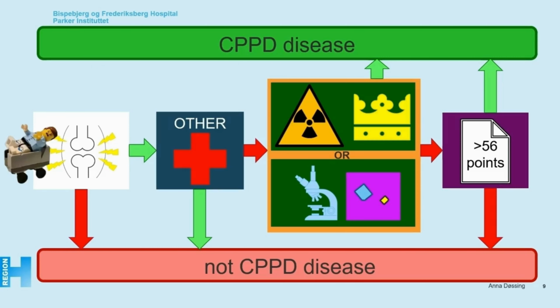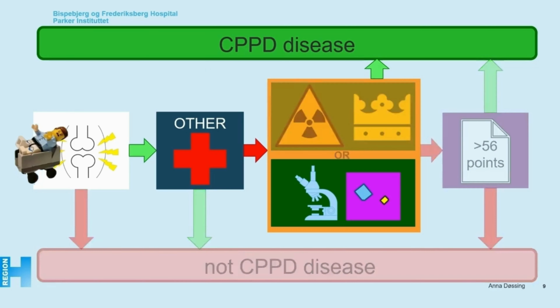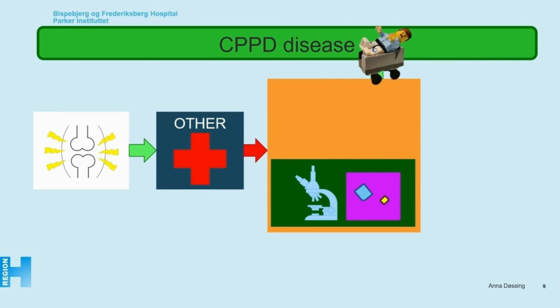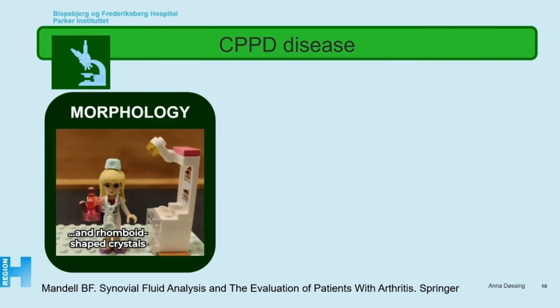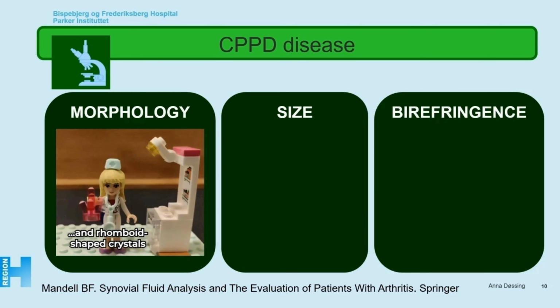Placing John in the flowchart, we will likely diagnose him with CPPD given the rhomboid-shaped crystals. But in the case of John, we only had a description of morphology, and even though calcium pyrophosphate crystals are indeed rhomboid-shaped, other crystals are as well. So in order to do a proper assessment, we need to also look at the size and the birefringence of